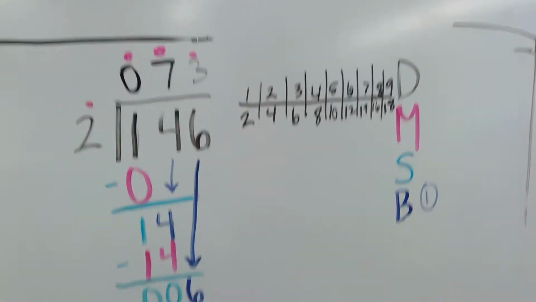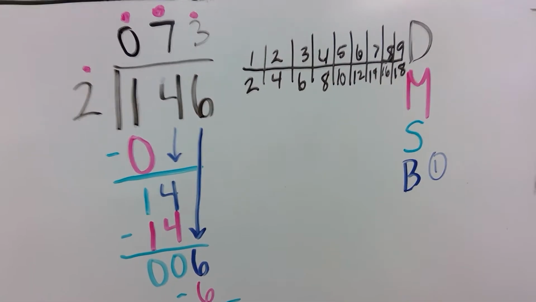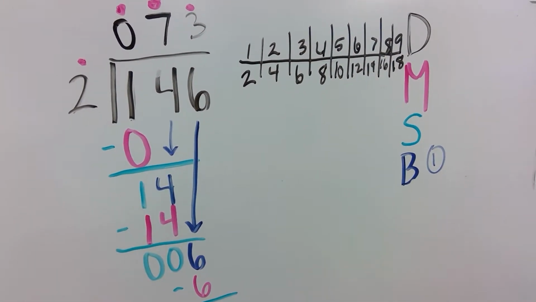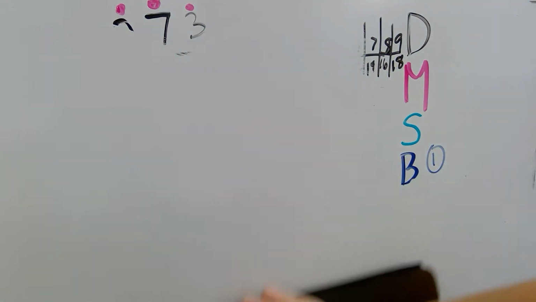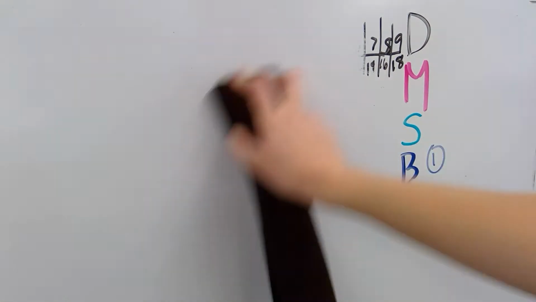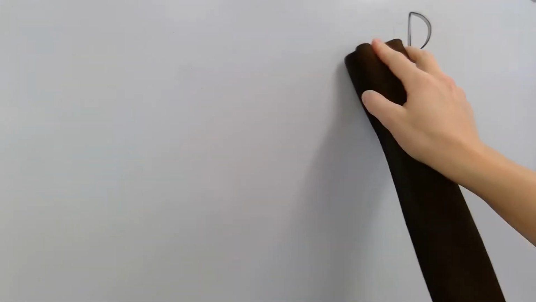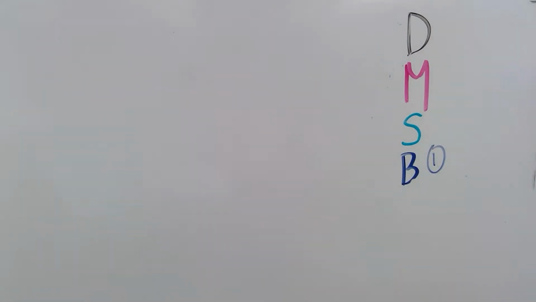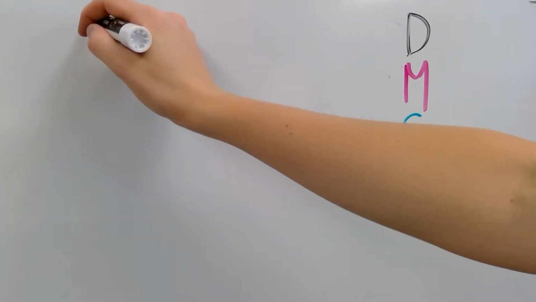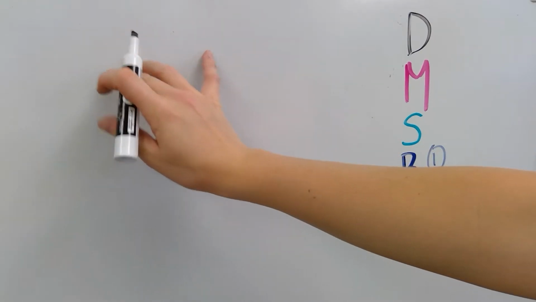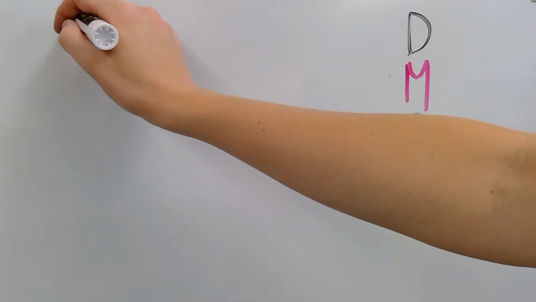All right, now that's a good problem just to review the basic steps. But it's not very often that we have a small divisor like 2. Generally, our divisors are a little bit bigger. So let's talk about what to do when that happens. So if I was dividing, let's say